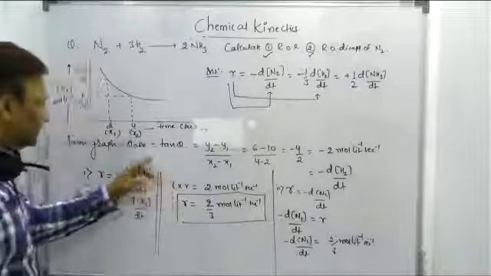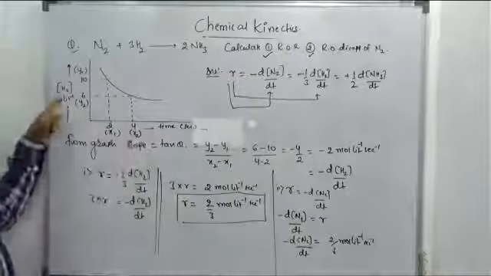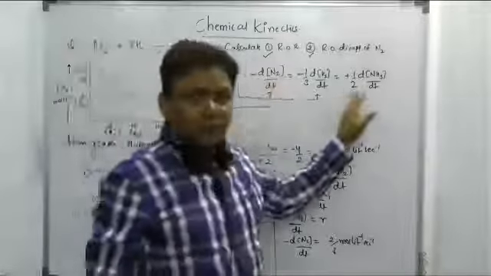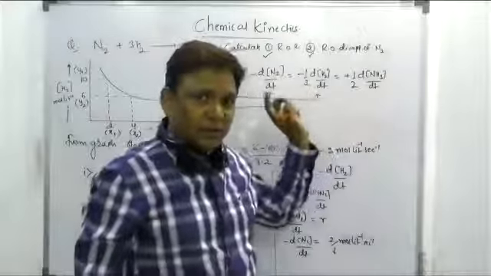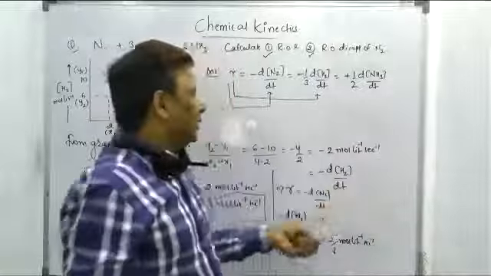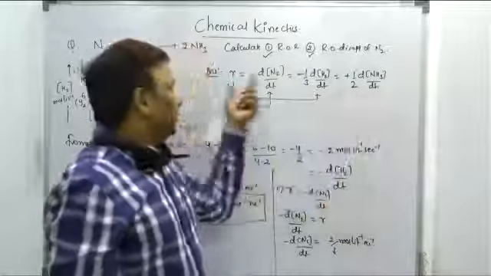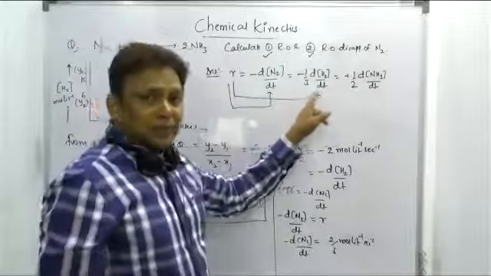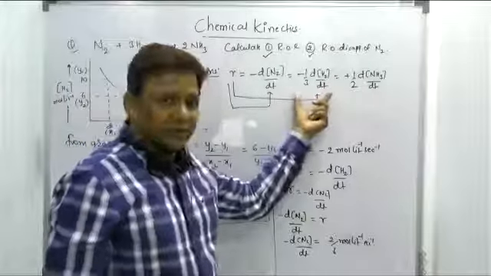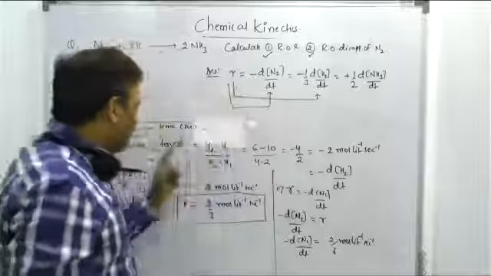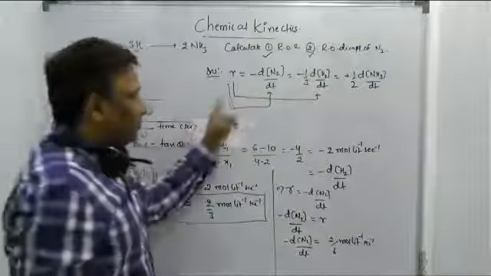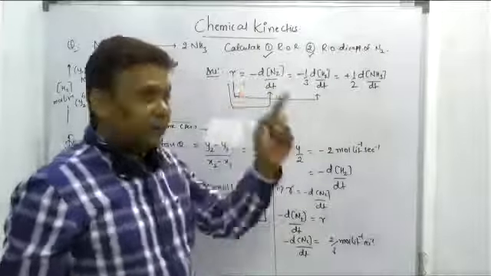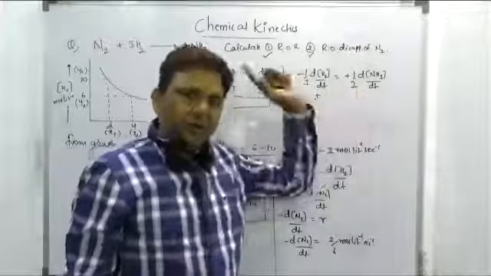But the slope is nothing but the decrease in the concentration of the reactant like H2. If a value is given for ammonia, that slope is equal to the rate of formation of ammonia, and once we got this value, compare with the rate. But in this graph, they give the decreasing concentration of H2. So I'm comparing this term with the ROR. From that, we get the rate of reaction. From the rate of reaction, we are able to find out the rate of disappearance of N2. From this, we are able to calculate even the rate of formation of ammonia.